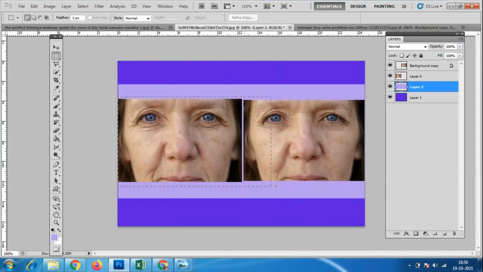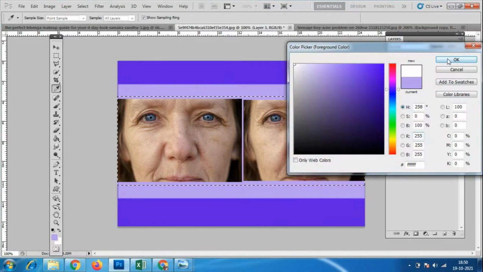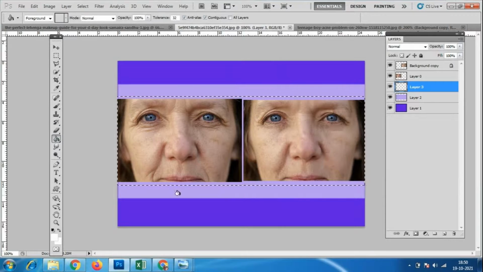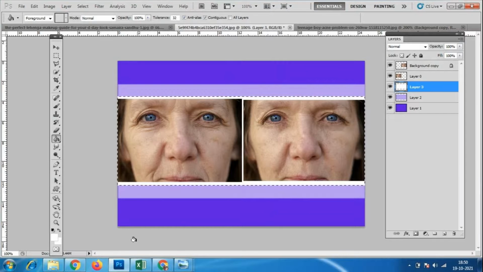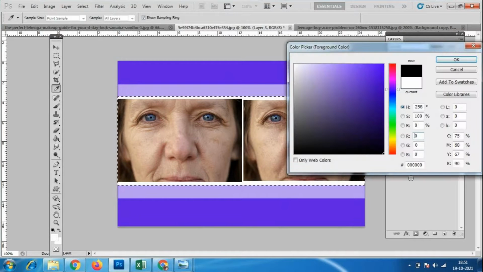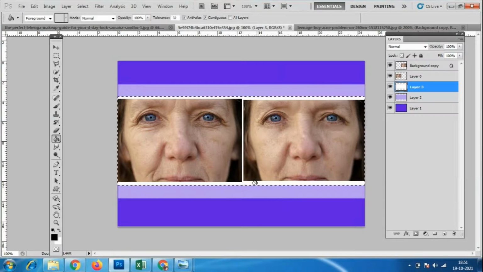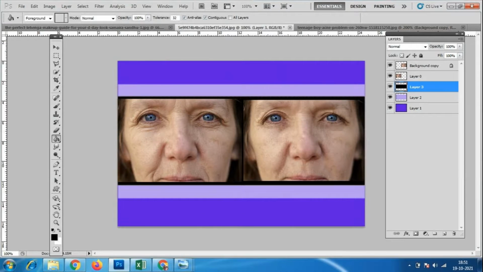So I'll add, again I have taken one more box and I'll take one more layer. So I'll add a white color for this with the paint bucket tool. I'll add the color for this, look here. So like this, with the one tool itself I'm adding more colors. Okay, so whatever colors you want, you can add. See, look here, like this.